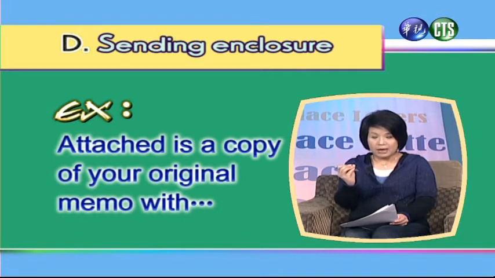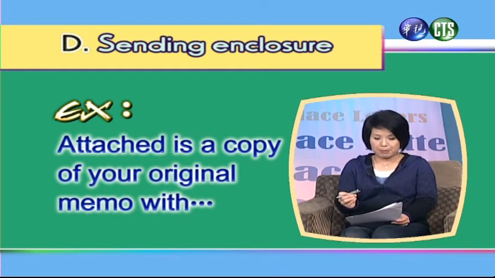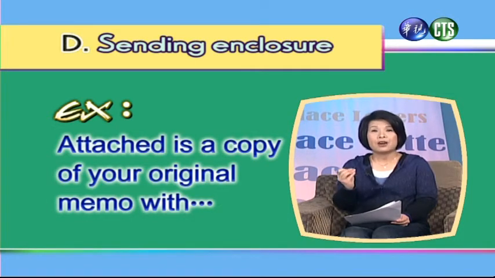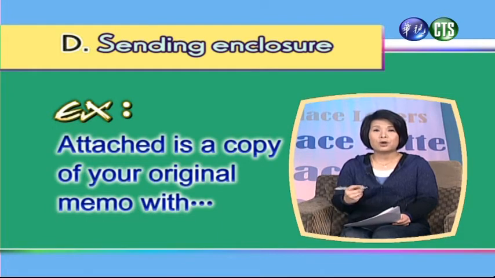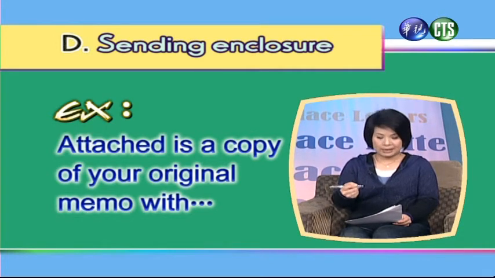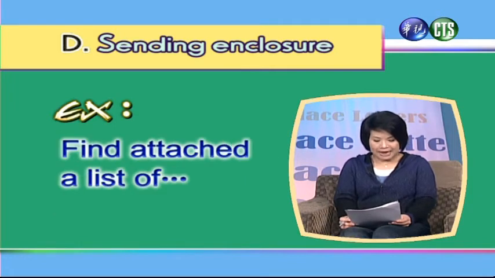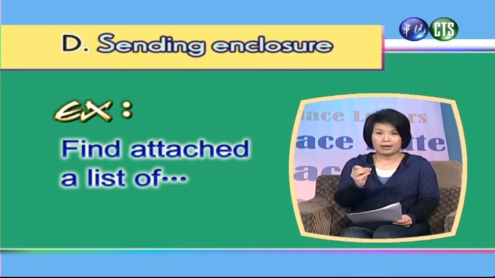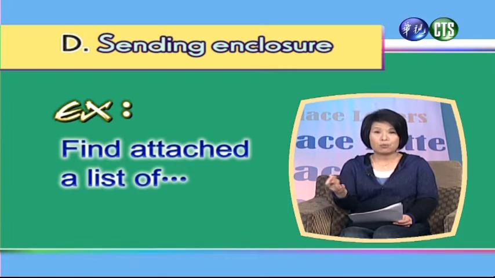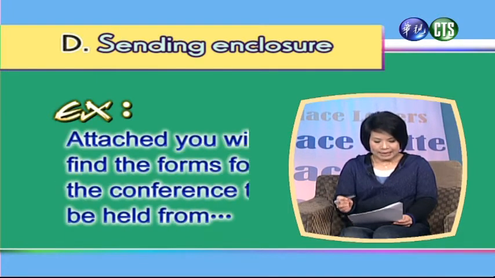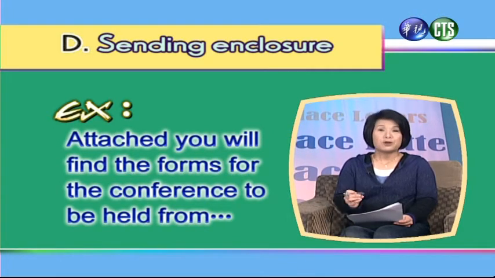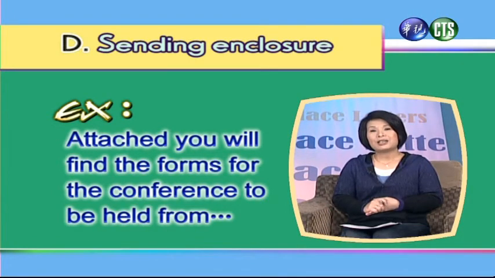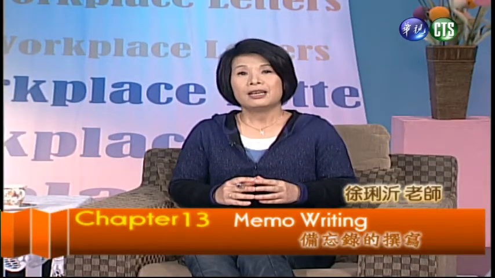接下来我要说的是，我附上了一封一开始的 memo。OK，那你同学就可以看到，因为一开始你有 memo，所以你沟通到一个过程的时候，你需要附上你的 memo，让对方知道这件事情已经进展到什么程度。Or you can say, find attached a list of something。你也可以让他看到，我现在可以附上一些东西给你看，有一些我要你看的东西。Or you can say, attached, you will find the forms for the conference to be held from 几月几号到几月几号在哪里？OK，我在这个里头我用了一个就是我 attach something and then go